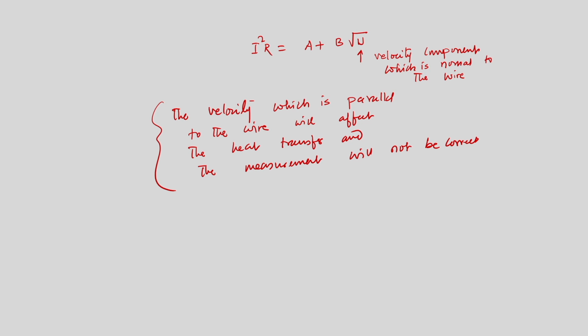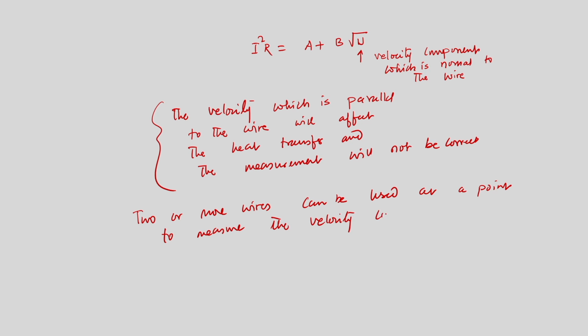So, instead of using one wire, we can use two or more wires at a point to measure the velocity components. Right, and that is what in fact we have discussed. A typical example I can show you, that we have